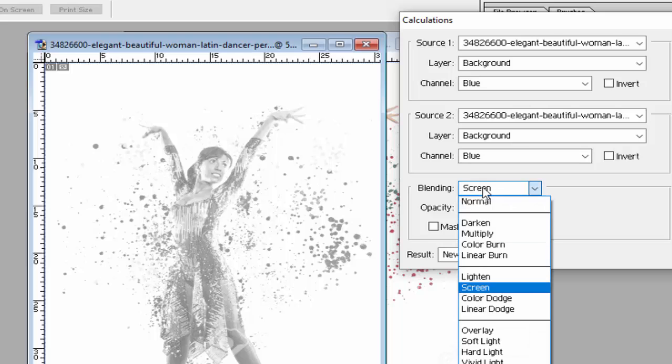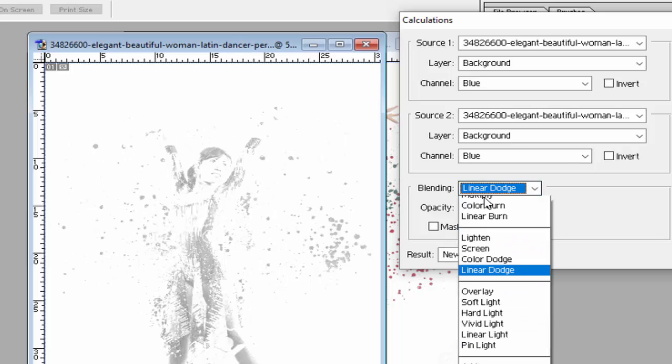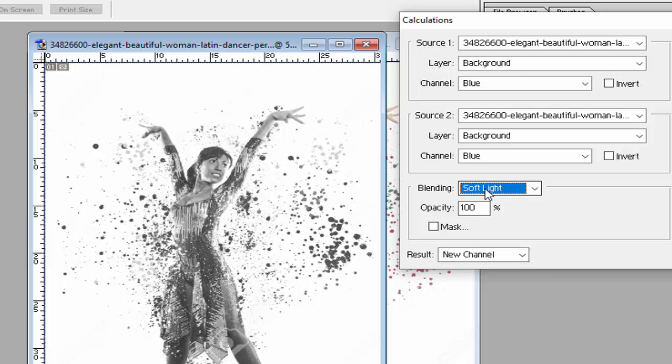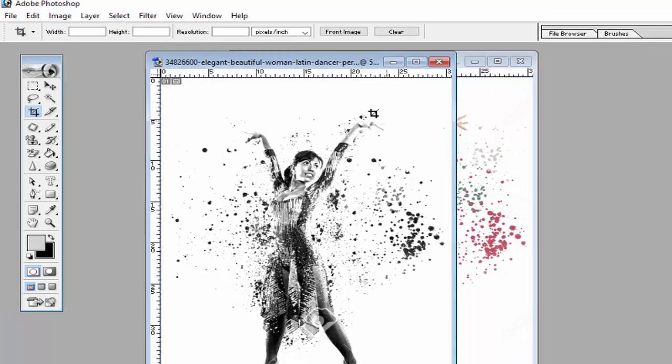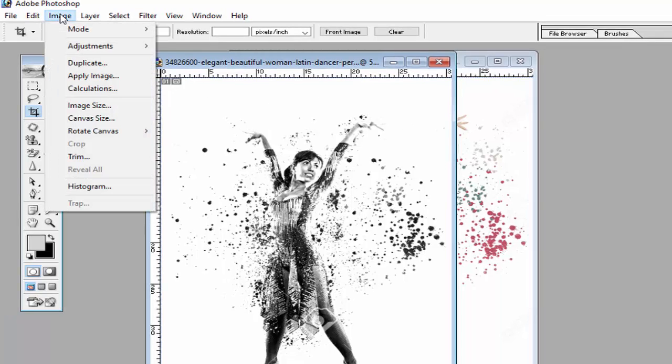And you can use the blending option, similar to the Apply Image option, to adjust the color. Or you can increase or decrease the opacity from here like this, and then click OK. So these changes can be made in your image by using this option.